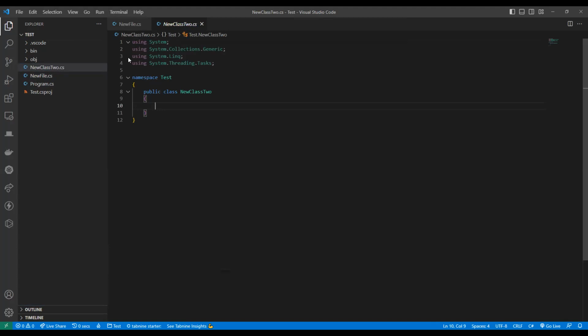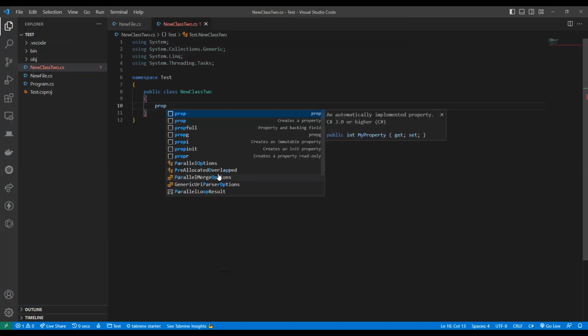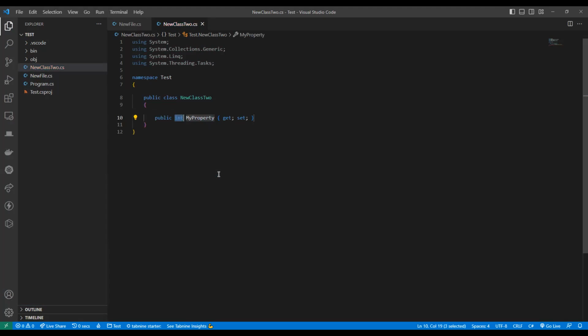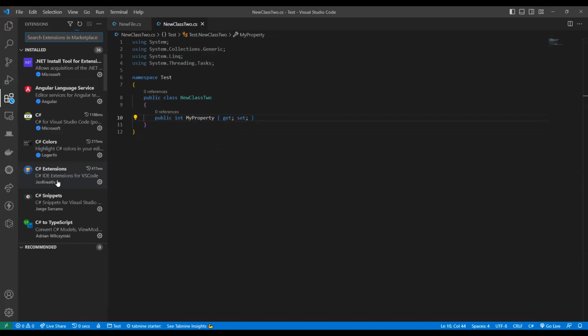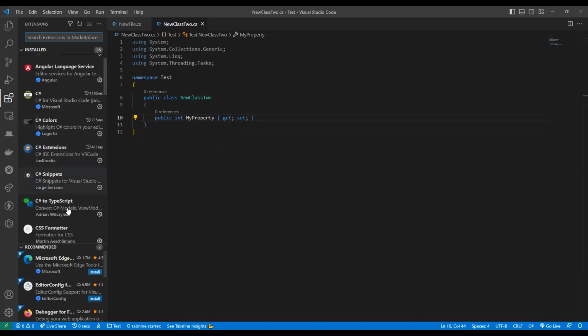Now, the other extension, C# snippets, if I just do prop, and let me go back a bit, yeah, and tab, right? So that's what the extension does. It just creates this quickly. Or if I do CTO arrow, it creates a constructor for me and all of that. And then I can just do what I need to do with it, right? So that's basically what C# snippets does. You have to install that as well.